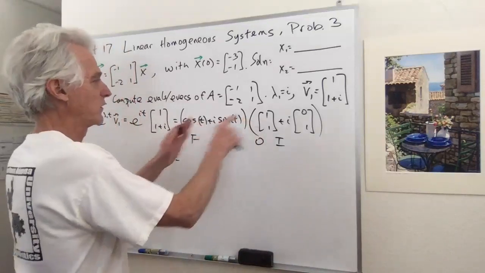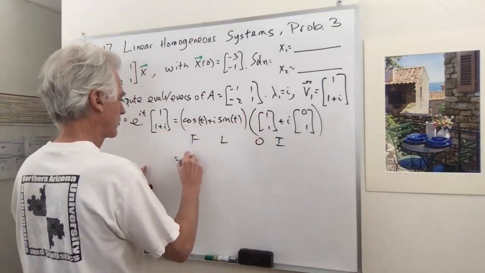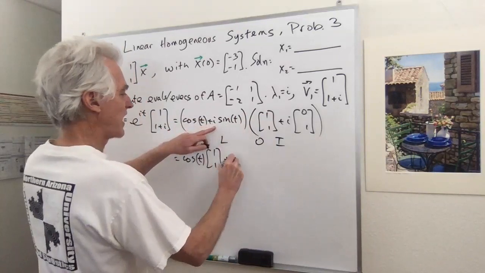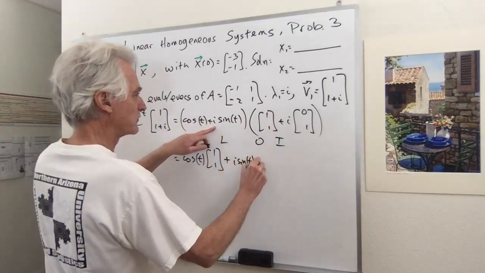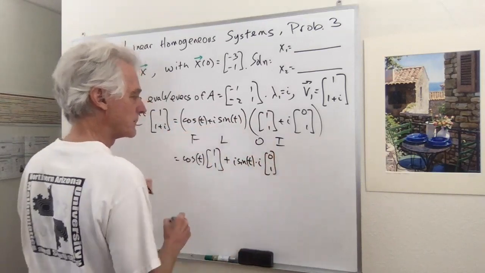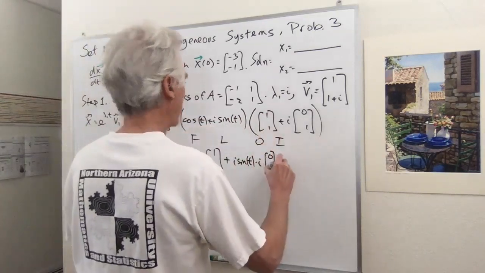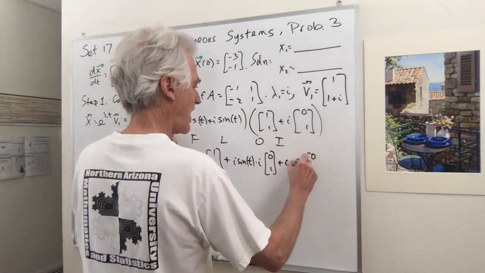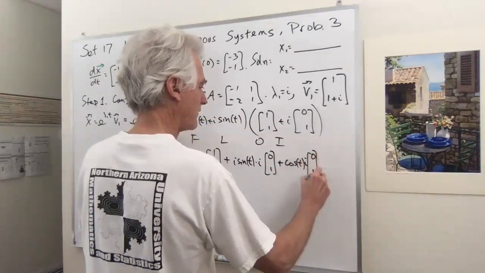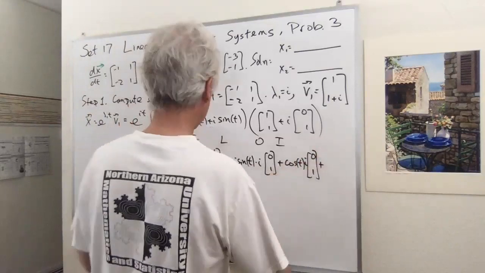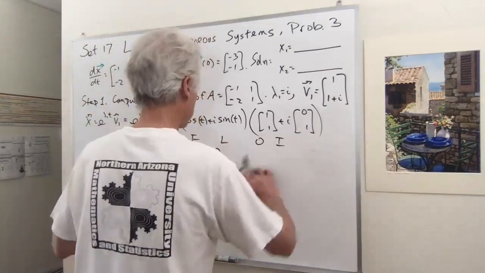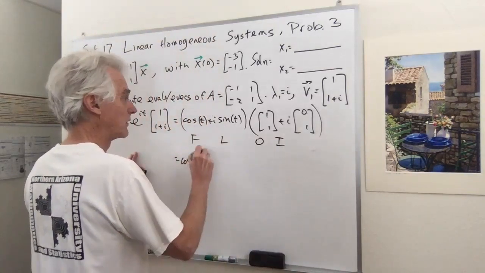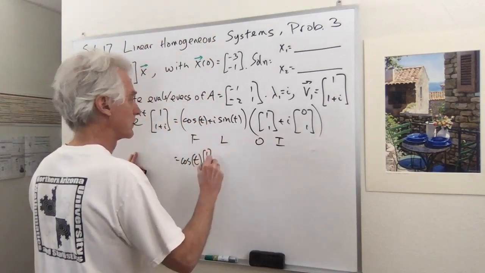in this, that binomial times that first term is cos t times (1, 1). The last term is i sine t times i (0, 1). Then the outer is cos t times i (0, 1). Plus the inner term is i sine t. You need a little bit more room. We got cos t times (1, 1). That's first. Plus,